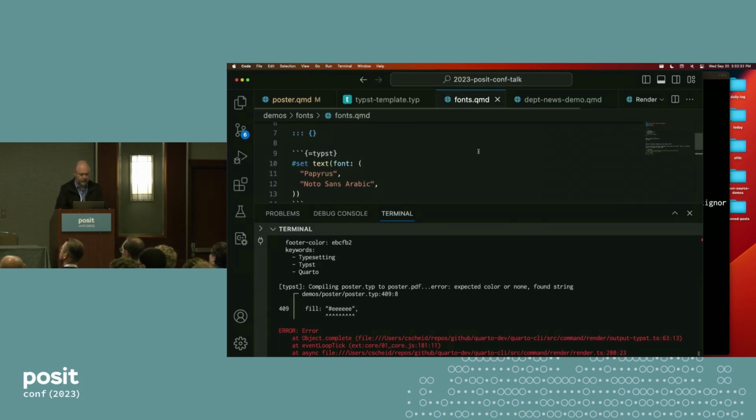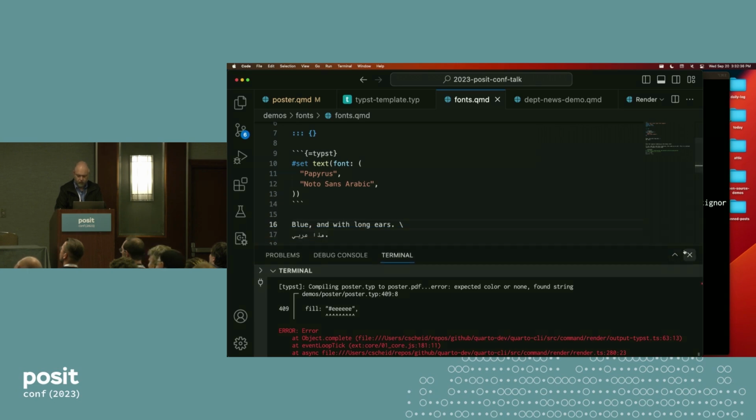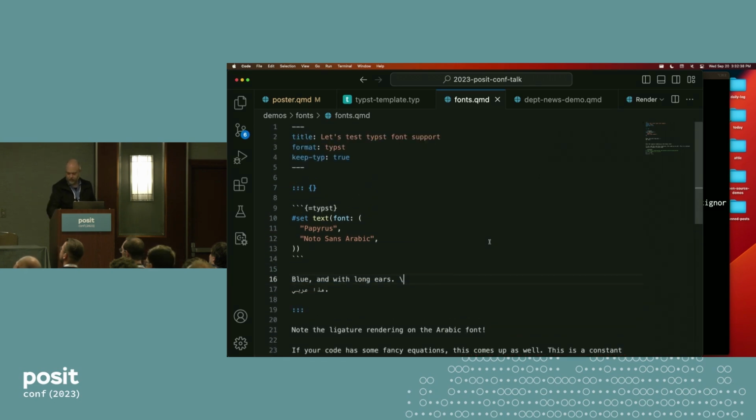So let me start with a very basic demo here. Here is font support, right? I'm starting with a raw block here that says set the text to be of a particular font. But notice I'm using 2 fonts and not 1. The other thing I'm doing is I'm putting a fenced div around that statement. And the reason I'm doing that is to show you that naturally Typst will keep its state to the blocks